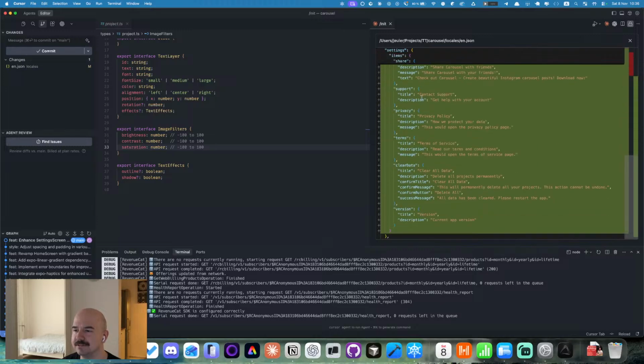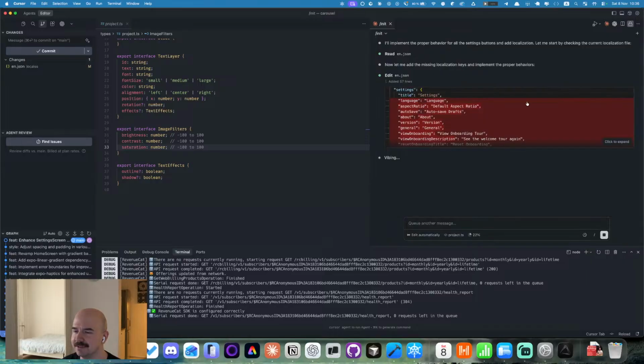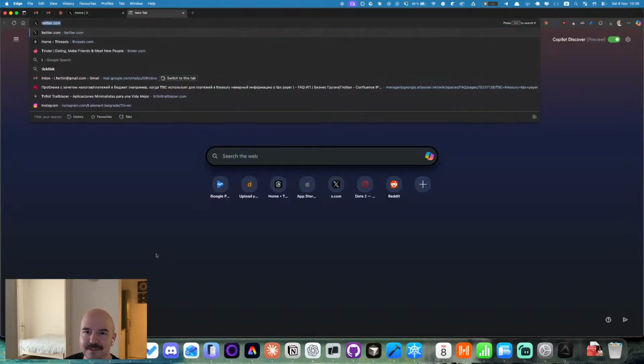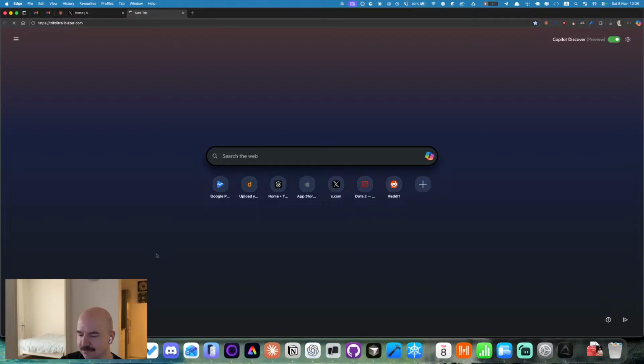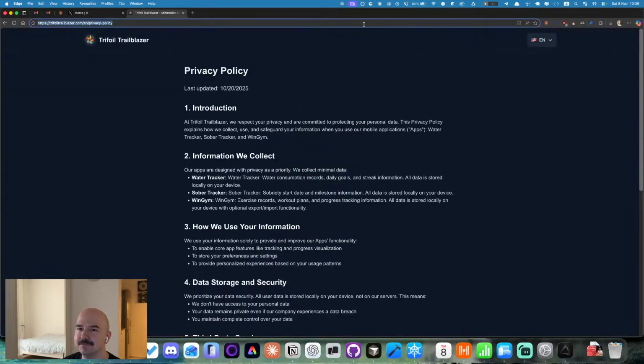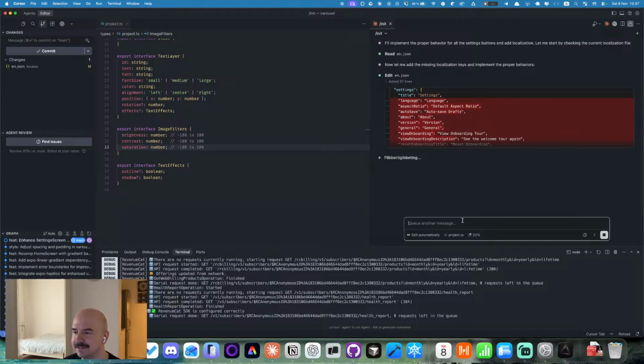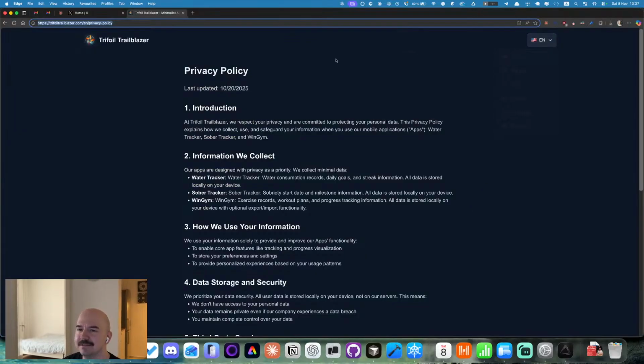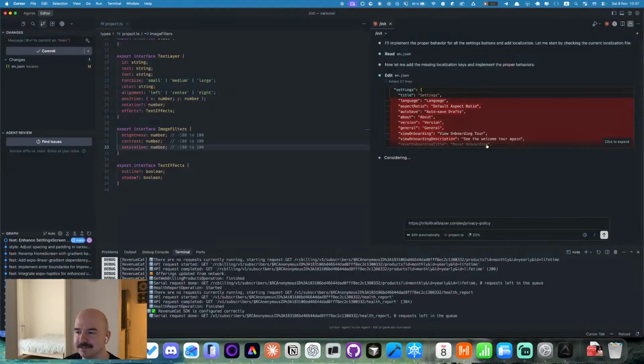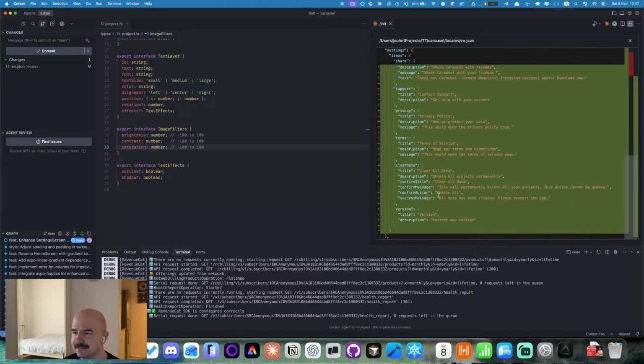So we're upgrading the sections here and the privacy policy. This would open the privacy policy page, but we can code it so that it actually opens the privacy policy page. Let me see if I have something here. I should. Yes, this is my privacy policy. And this is my terms of service. So I just need to open these things when the button gets hit. So we are doing some localization, blah blah blah, clear data, confirm message.